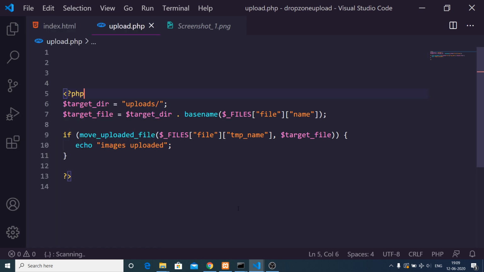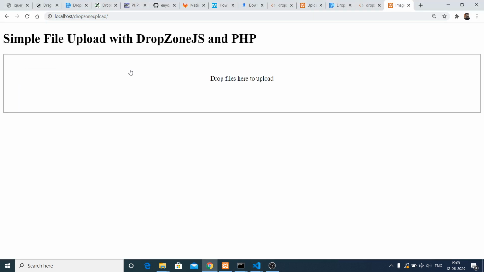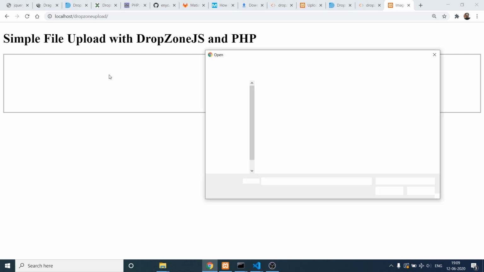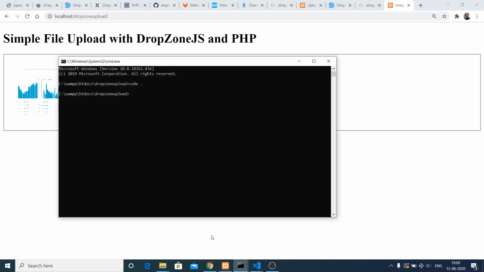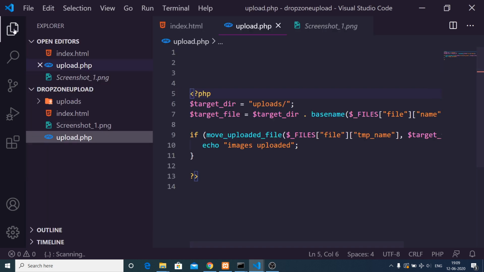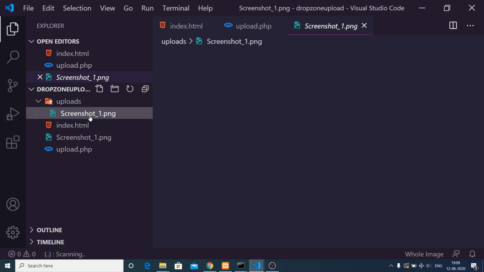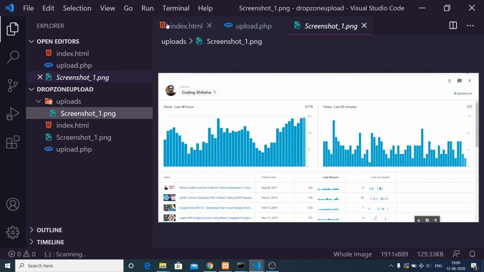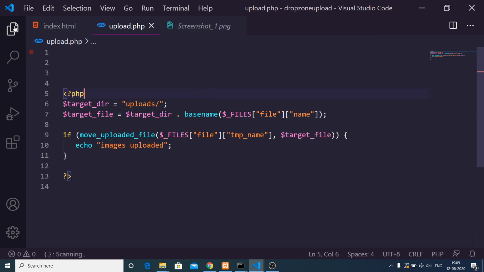If I save this, if I run this once again, if I select this once again, and now if I check, if I open this, now you can see that this image file is uploaded inside the uploads folder. You can see that this was just a mistake in the upload.php script. That was the mistake here.